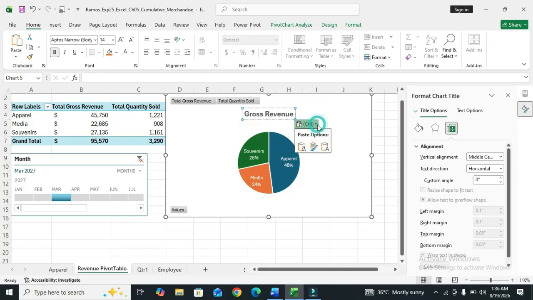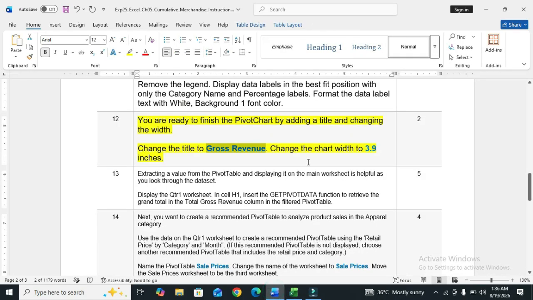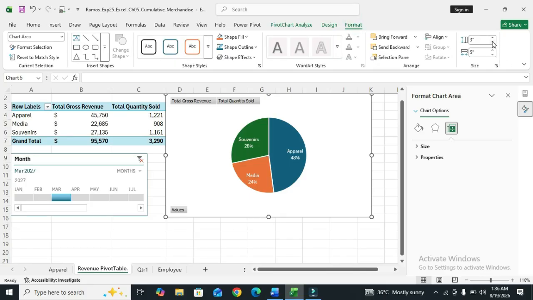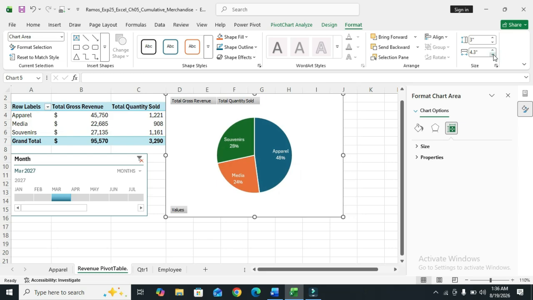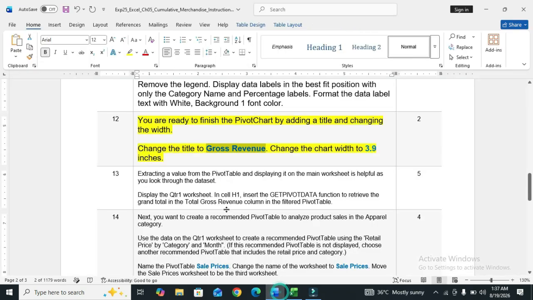Gross revenue, and change the chart width to 3.9 inches. So go to the format and change the width to 3.9 inches. So step number 12 is also done.